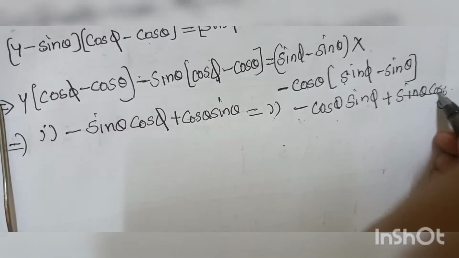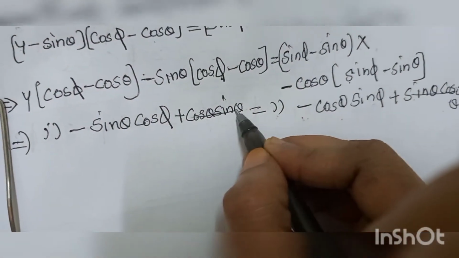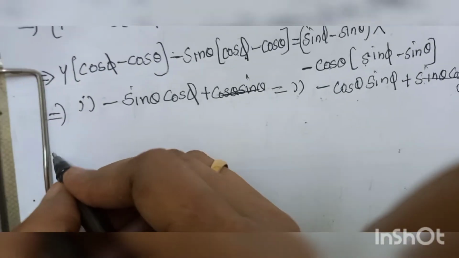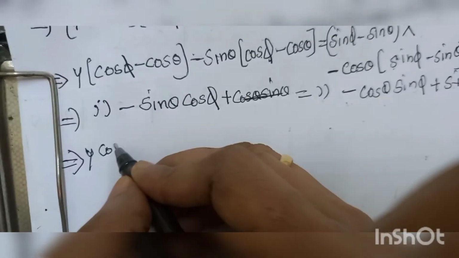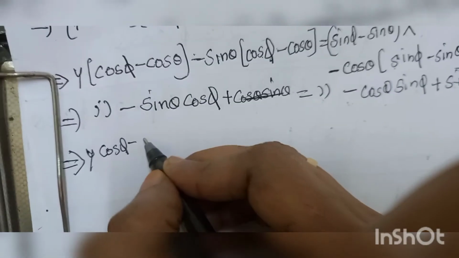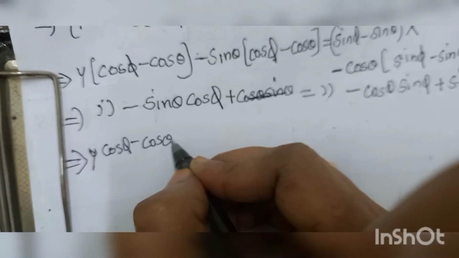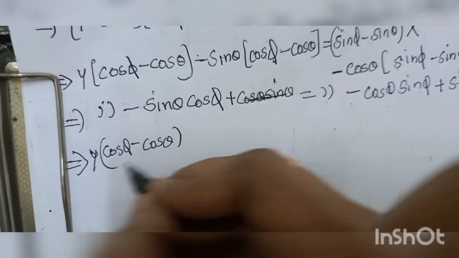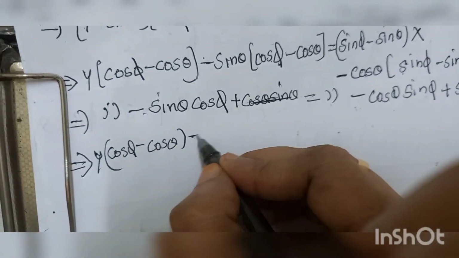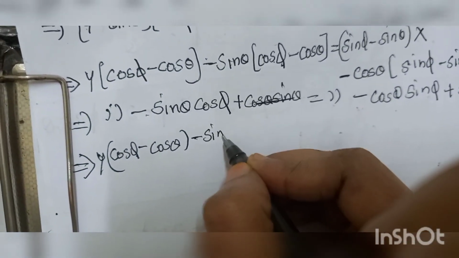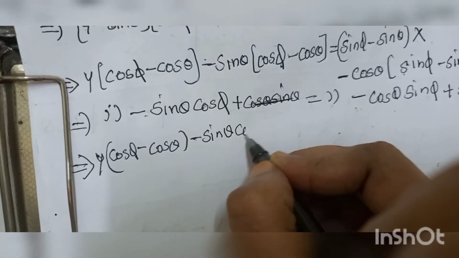So this term and this term will cut off. Okay, then what will you get? Remaining terms we get y cos phi minus cos theta minus sin theta cos phi,